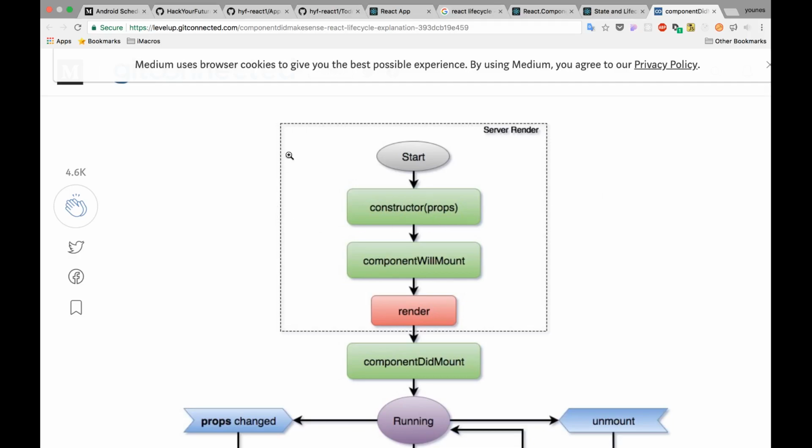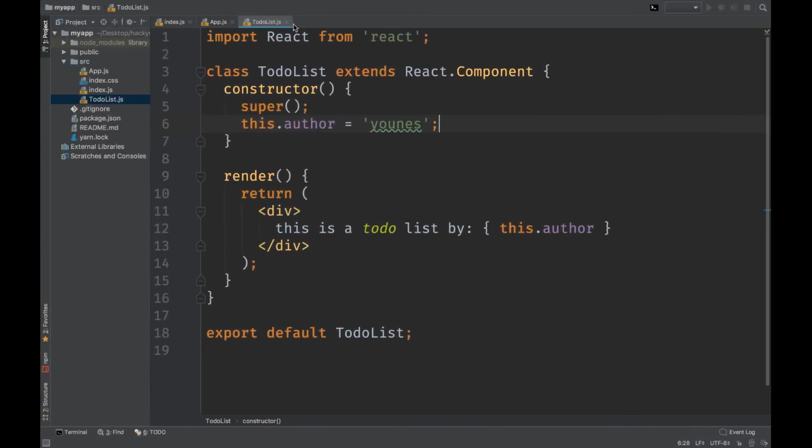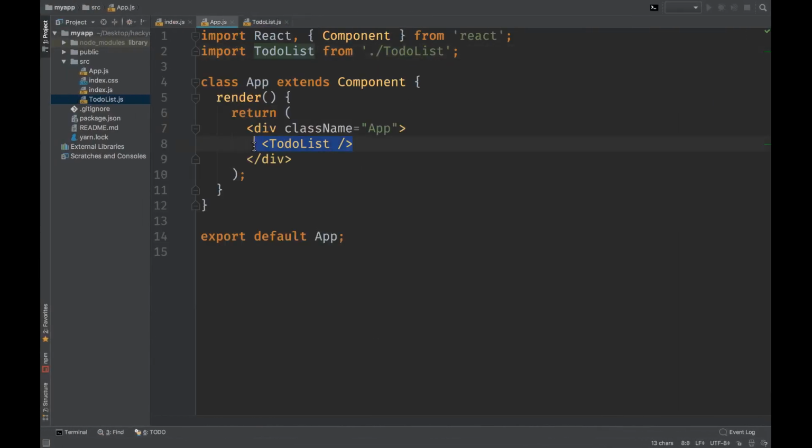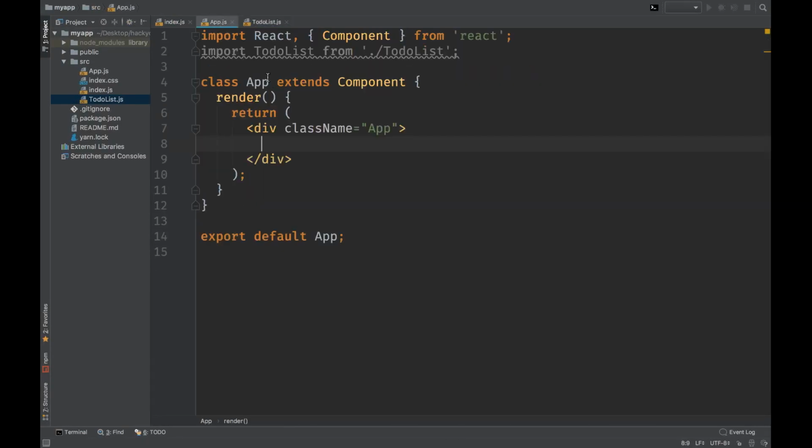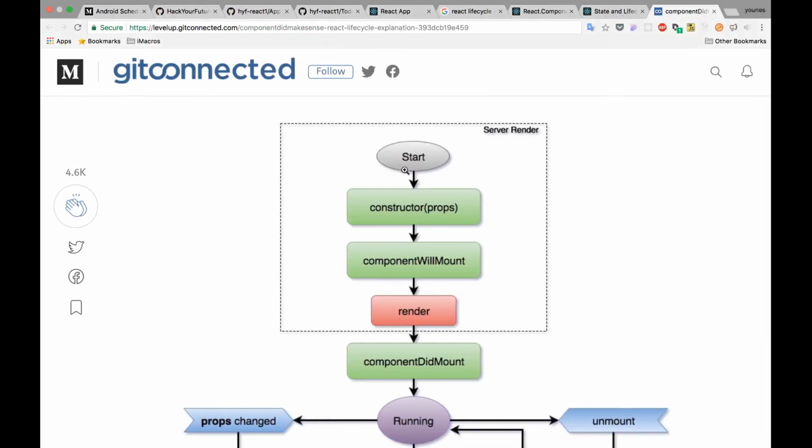So in the beginning, there is the start. The start is React running your application. After that, you have a lot of components. For example, if you have an unused component, let's say we don't have the to-do list here, React will not do anything with this component because it's unused, it's kind of dead code. So you have the to-do list here. React will see the to-do list and construct the to-do list,